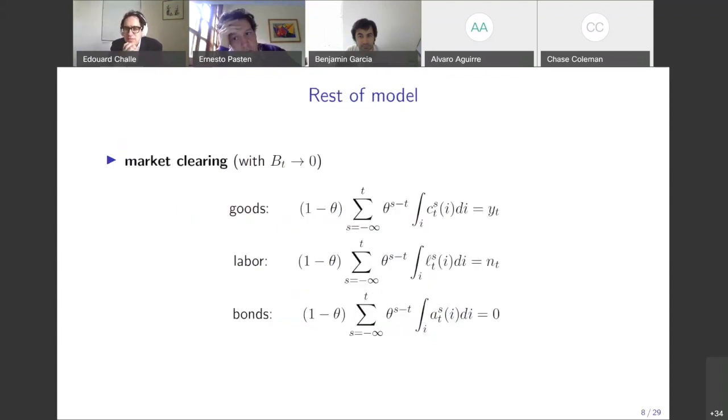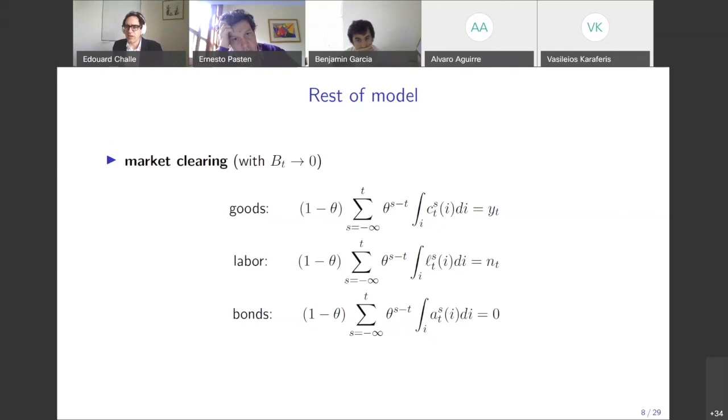Sorry, can I ask one question about this part? Sure. It's a bit unclear to me since you said earlier that through the banking system, essentially you kill this sort of idiosyncratic risk in the economy, and when you aggregate the level of bonds, it's zero. So I don't quite understand why there is a need to move to a Blanchard-Yaari environment to begin with.